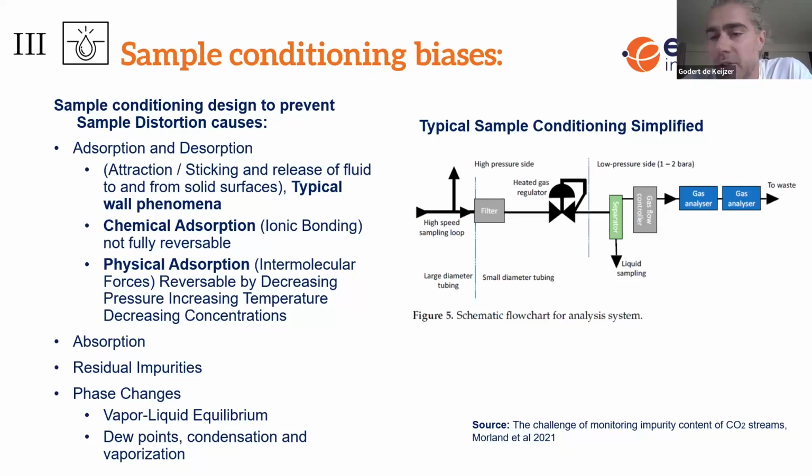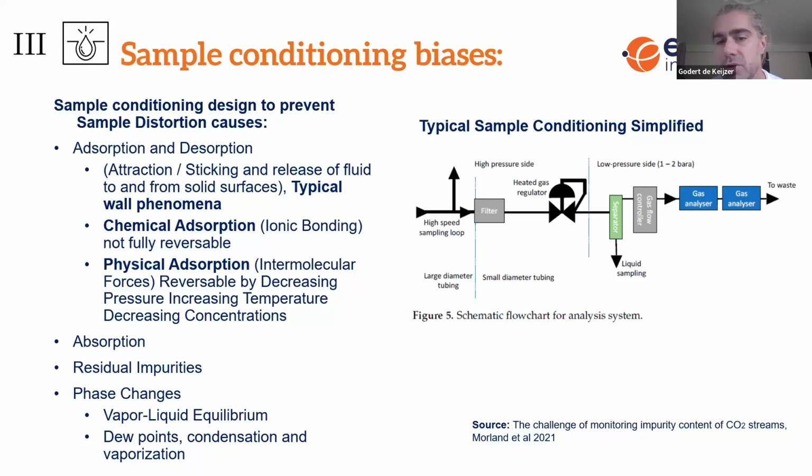Because most of the analyzers can actually not analyze it under supercritical conditions or under the high pressures and temperatures that are transported in your pipeline. So that means you have to bring down the pressure and temperature in a regulated way to make sure you're moving to the phase that you can actually analyze it, so mostly at room conditions. And that is extremely important, because as you go through the phase curve, as we'll talk about later as well, effects can happen to the impurities.